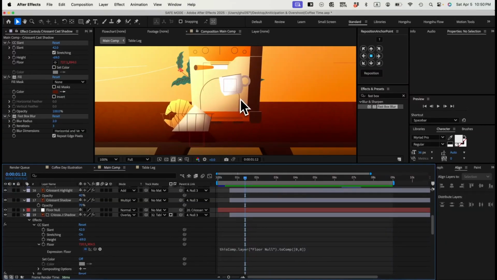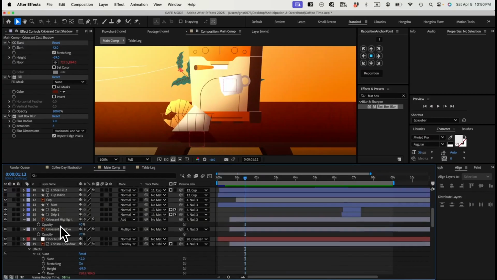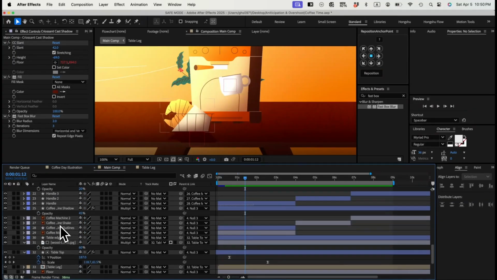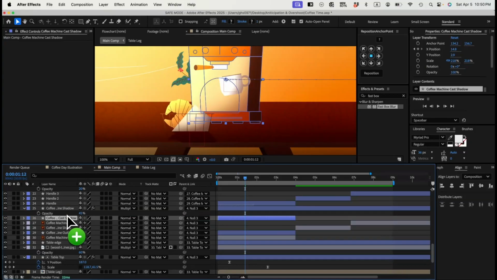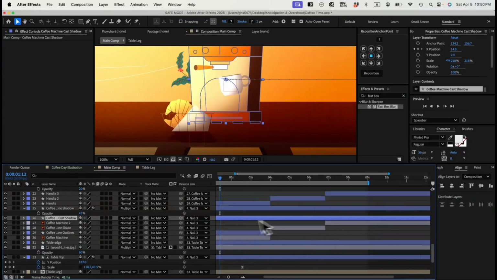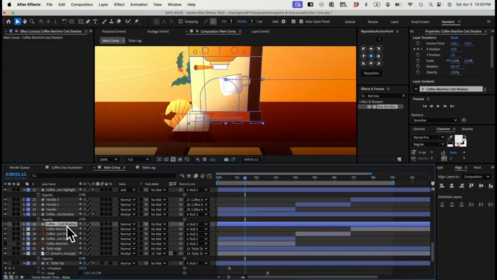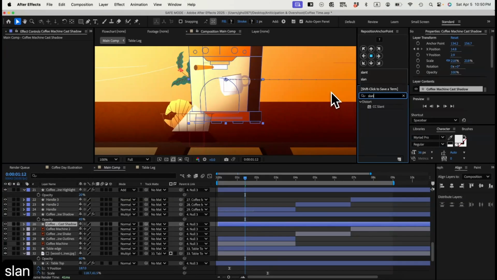We're gonna do the same thing for the coffee machine here. Let's go to my coffee machine layer, and then let's duplicate the coffee machine. Call this one cast shadow, and then we need to move it on top of the other coffee machine, extend the layer all the way out. This is going to be my cast shadow. I'll use a CC Slant effect here,